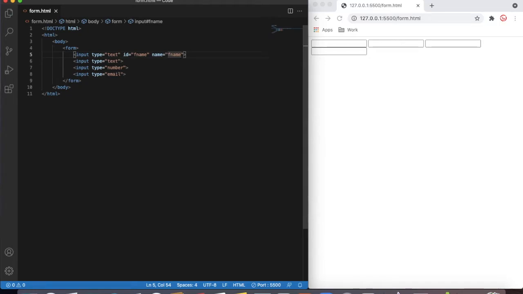So you can see that I have put type equal to text, and the ID I have put is fname, and the name is fname. If I set that, it doesn't change anything, right? It's just an internal attribute. I'll do it for every element.